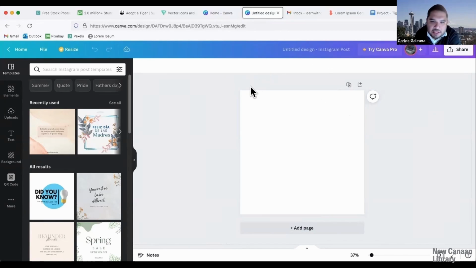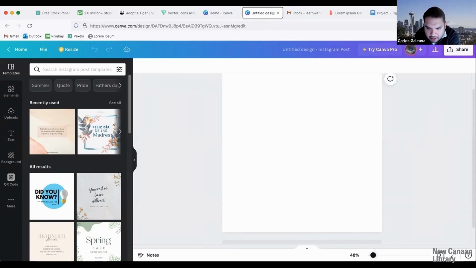So I started my project. You see that I have this big white square. There's a big gray space. This is basically what's going to be featured in the download or in your print. And then I could add additional pages to it. So if I was to print it, you could add a backside or a second page. Here is where you can zoom in and zoom out, this little toggle here.